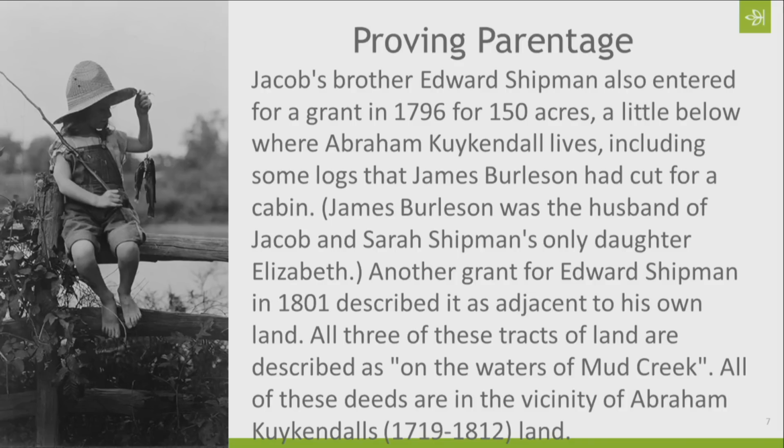So we've got Jacob has land, Edward has land, James has land, and Abraham has land, and that land is all connected, okay? And we know the relationship between Jacob and Edward as brothers. We know the relationship between Jacob and James as father-in-law and son-in-law. And so is Abraham completely unrelated to these individuals, or is there a reason that he lives there around them,